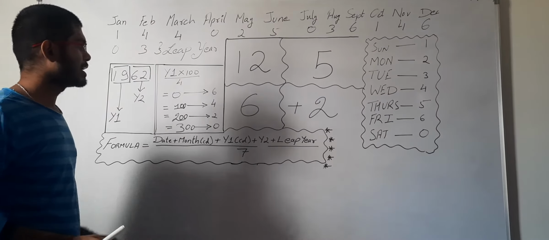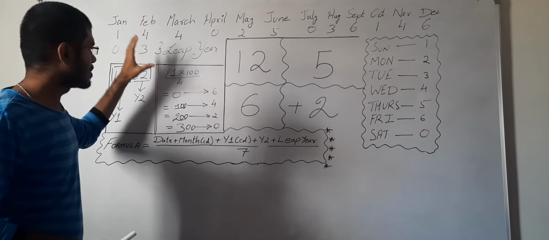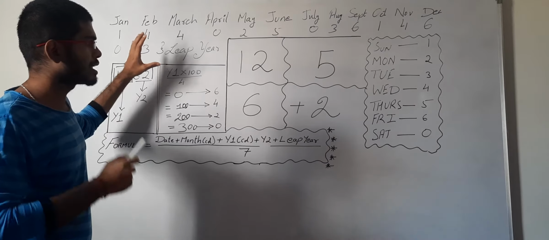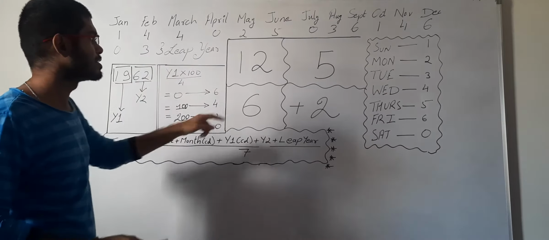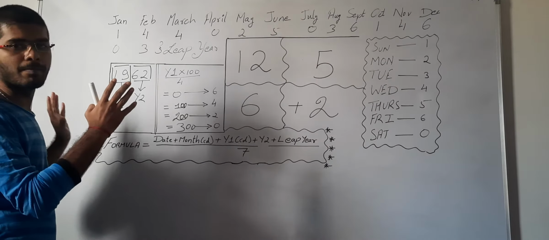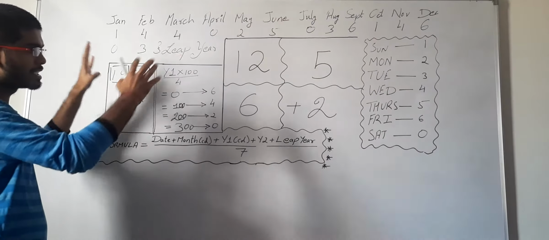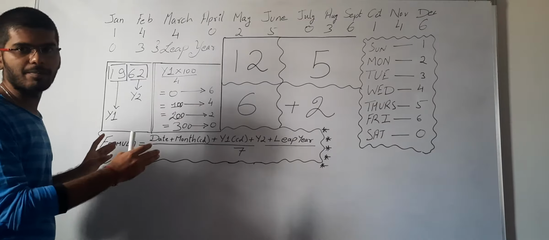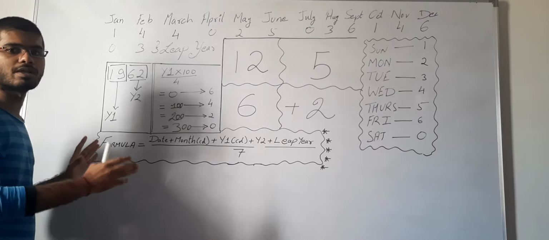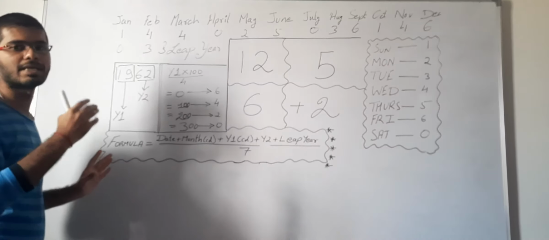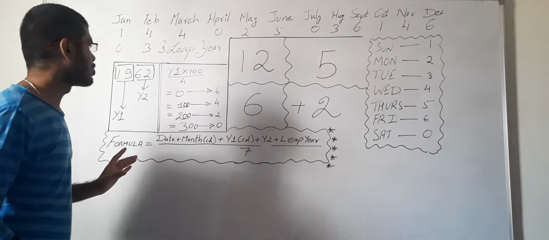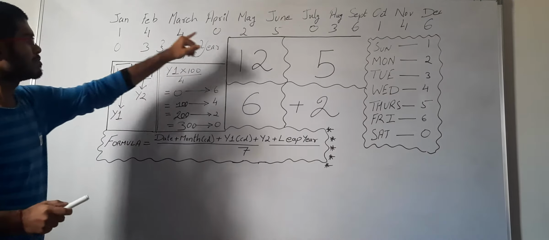This was the first part, and then the second part. Remember guys, for the first part or the second part or any of this entire video, you just need to remember this 12, 5, 6 and plus 2 to remember this entire concept. I know it might look a bit bulky, tough for this entire thing as everything has been embedded into one, but I'll make sure that you remember every part of it by the end of this video within one go. Now, we have this month code ready.